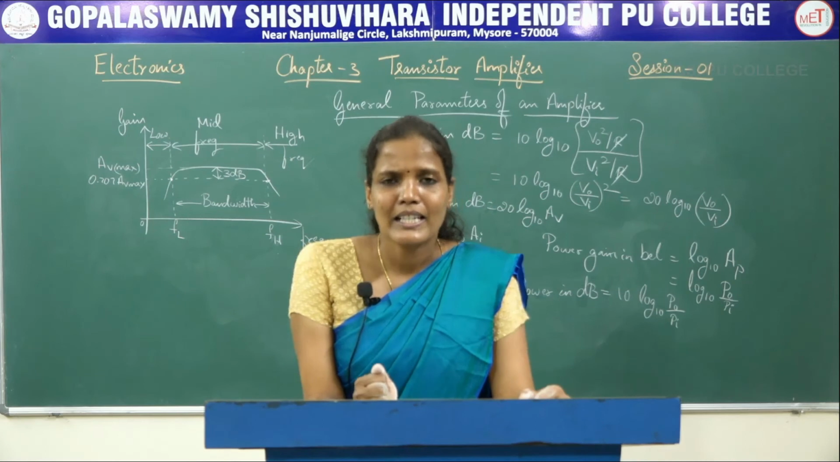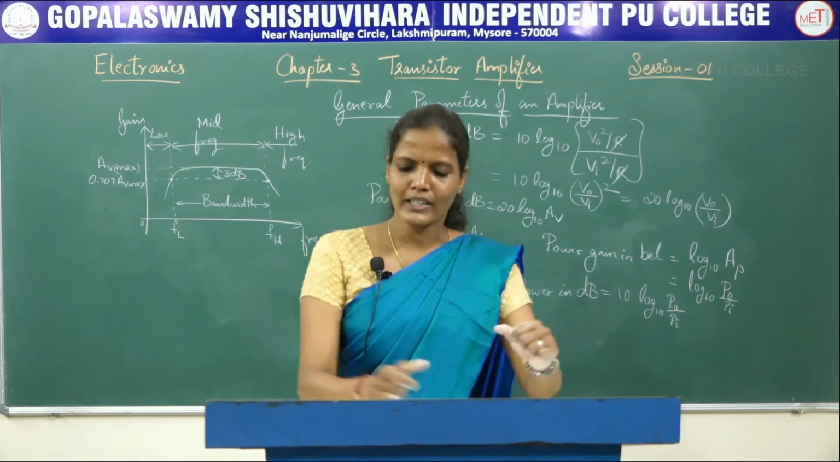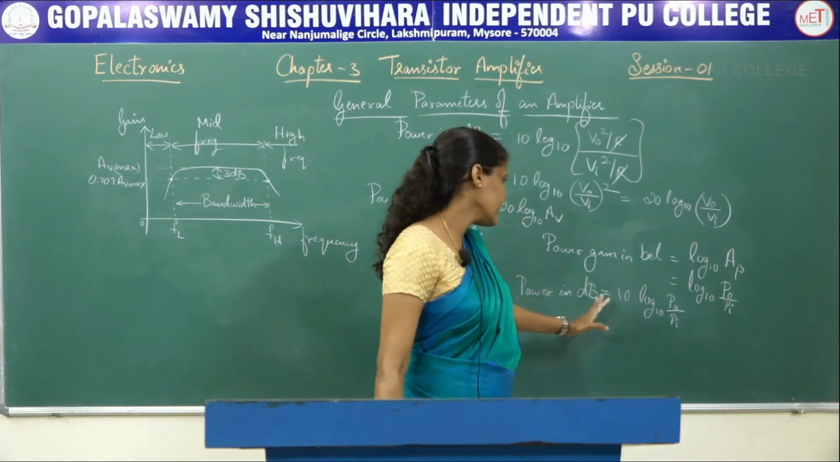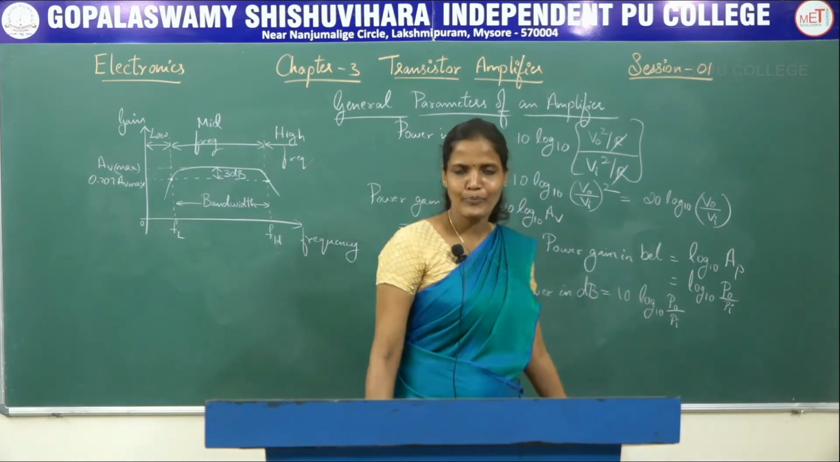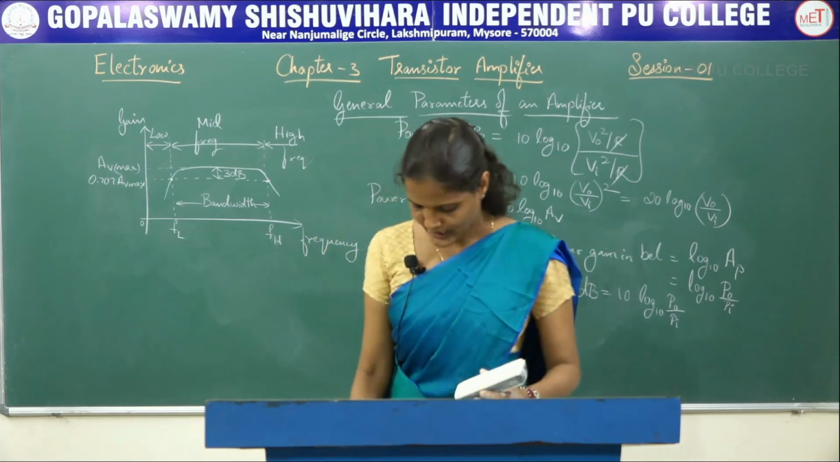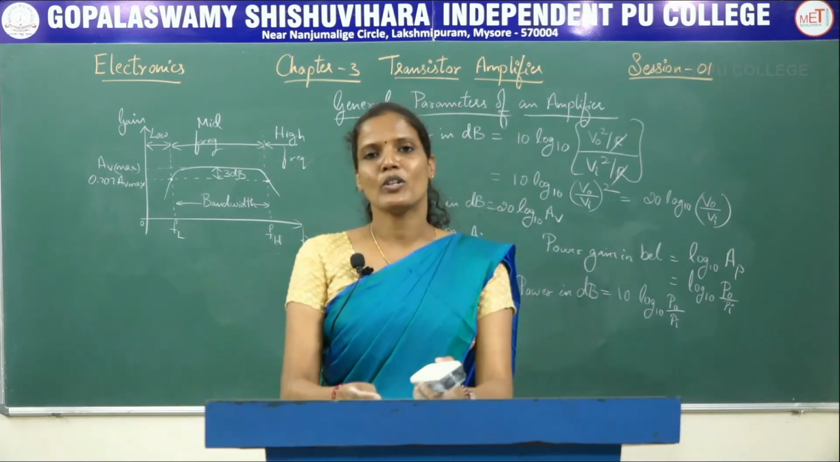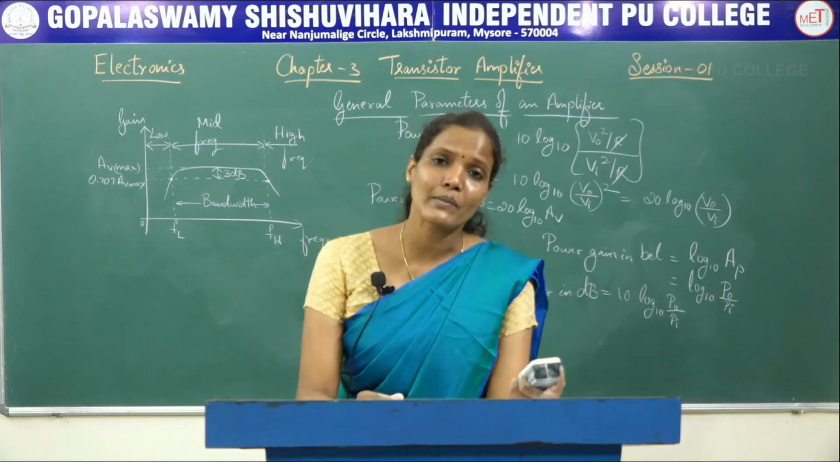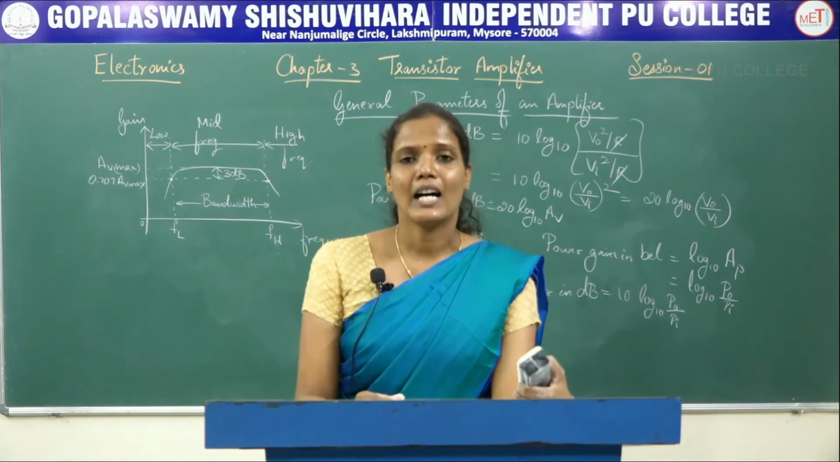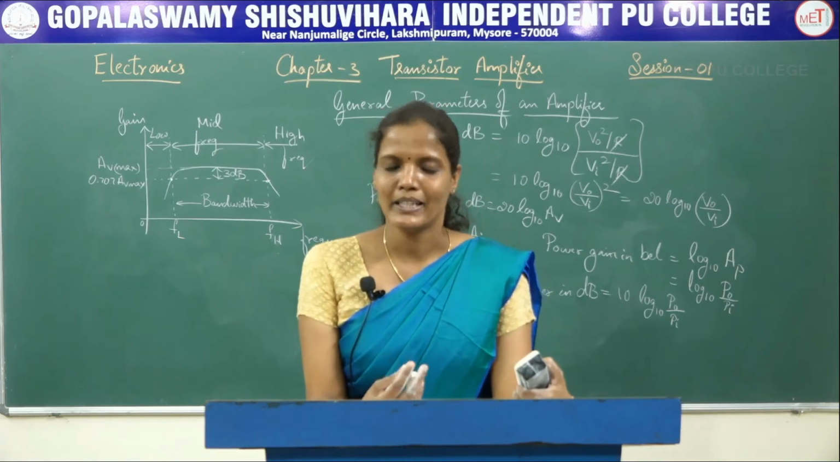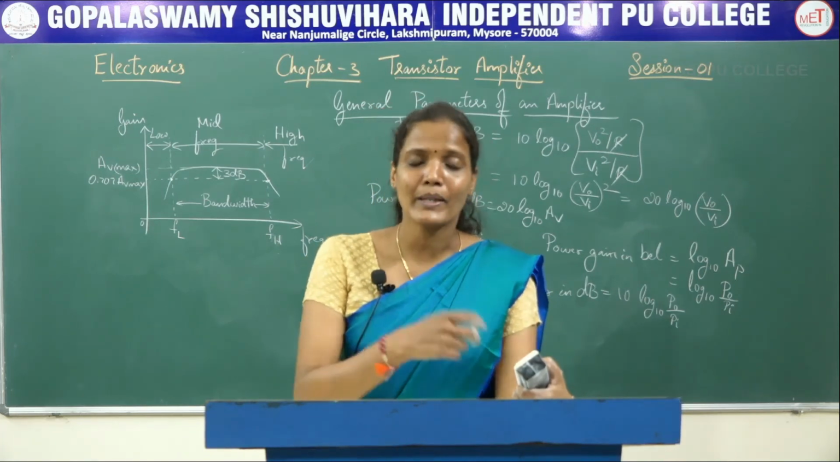This decibel is nothing but a logarithmic unit, because decibel is equal to 10 log to the base 10 of P naught divided by Pi. So, it is a function of logarithmic unit. So, our ear response is also logarithmic in nature. That is, it does not depend upon the intensity of the sound, but it depends upon the logarithm of the